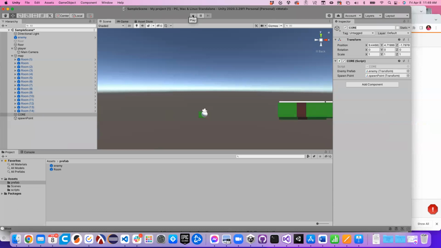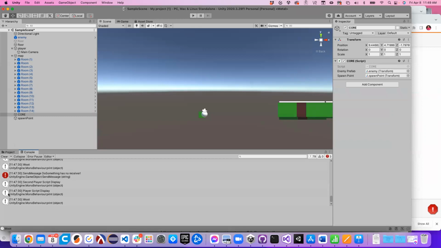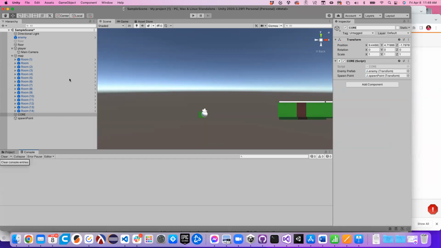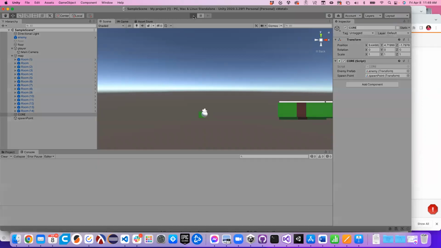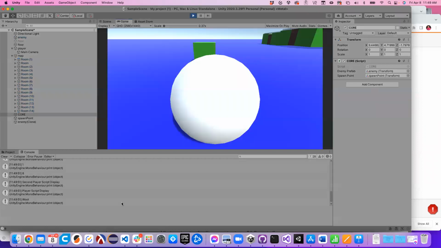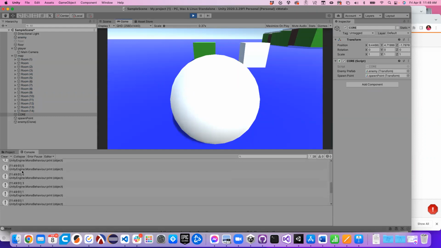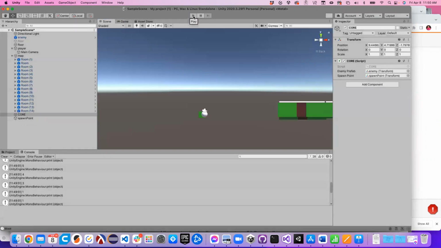So when Core first comes into existence, it's going to spit out 10 random numbers to the console, and you're going to find those random numbers helpful for the homework assignment. Yeah, there's a 1, an 8, a 5, a 2, yada, yada, yada. Okay, so it gave us whole numbers. Okay. So for your homework,